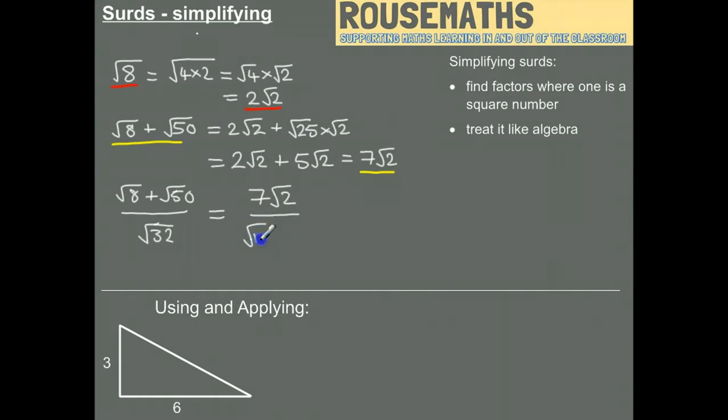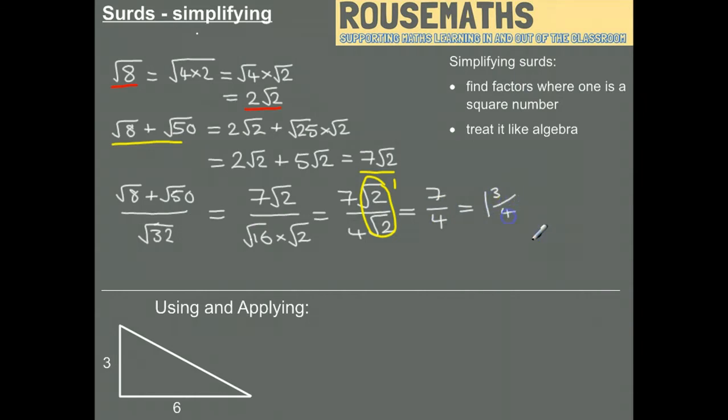So we've got root 16 times root 2. It means I've got 7 root 2 over, the square root of 16 is 4. So 4 root 2. Now in this scenario, I've got 7 root 2 and 4 root 2. Root 2 over root 2 is 1. So that will actually simplify to 7 over 4. If you prefer mixed numbers,